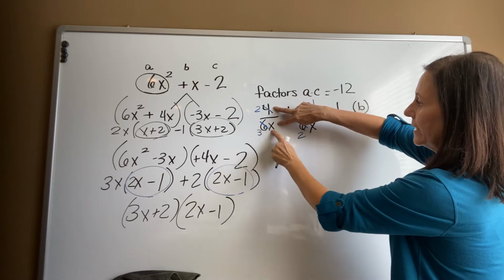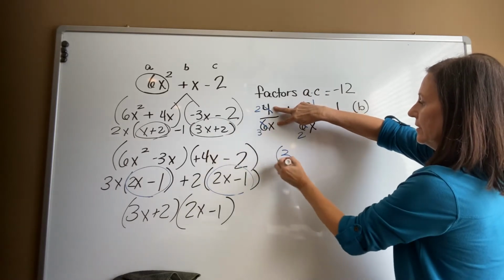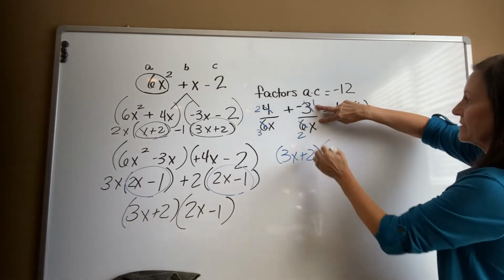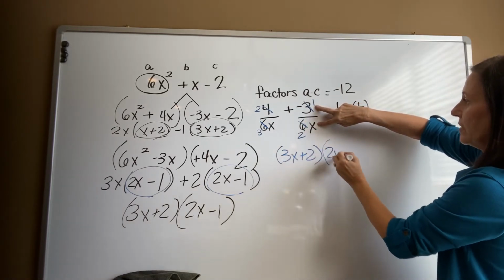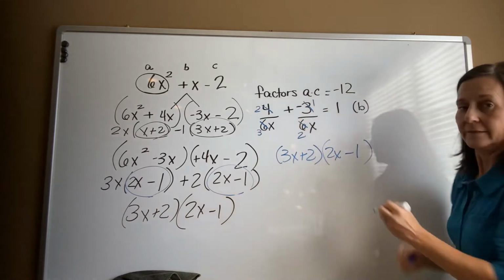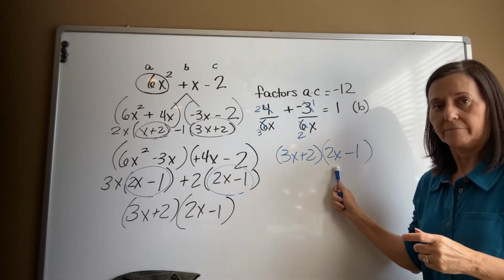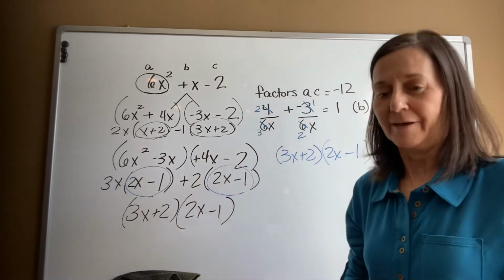I go 3x plus 2, 3x plus 2, times, the sign goes with it, 2x, and that's minus 1. All right? This is not trial and error. This works every time. All right? We're going to work all of them